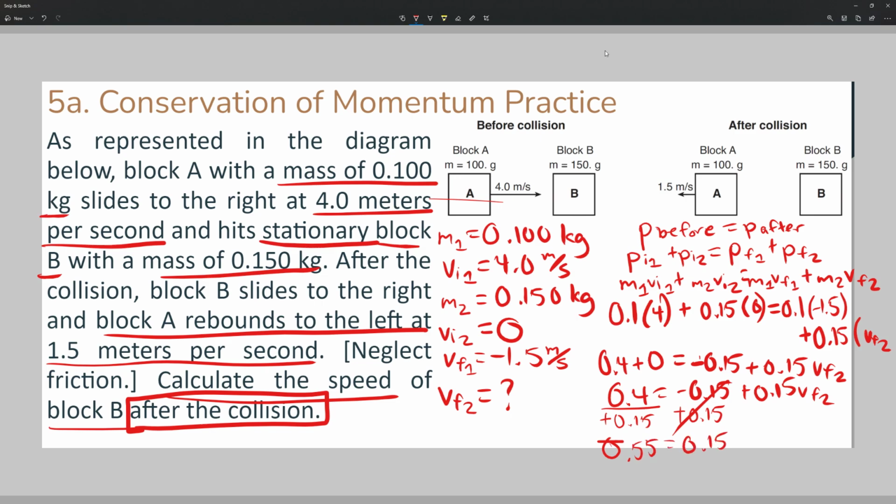What's next? Oh yeah, it's plus, so it's fine. Let me divide this, and we get 3.67 meters per second, and that is the final velocity of object 2. Okay,